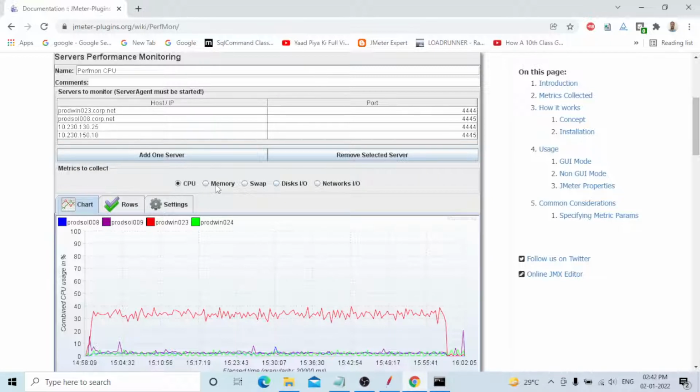But now, in the machine place, there is one drop down box available. You need to select CPU, memory, network or disk, whichever you require. You can provide the IP address or host name, and you need to provide the port. It's automatically generated as 4444. That is the default for the PerfMon plugin agent.